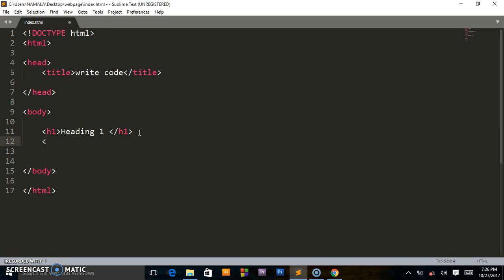Then I will say opening tag H2, then close H2. I will say heading 2. Let me space it so that you can simply identify them. As I told you, it has the opening tag and closing tag. For you to tell that it's a closing tag, you see this / before the tag name, followed by H3, and we shall say heading